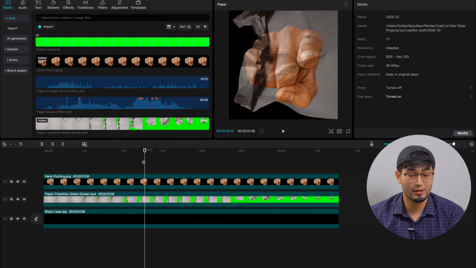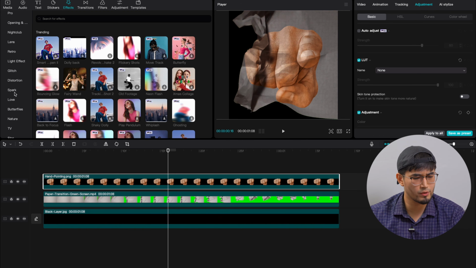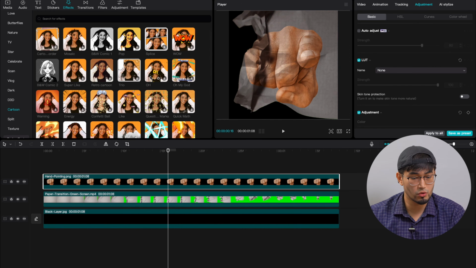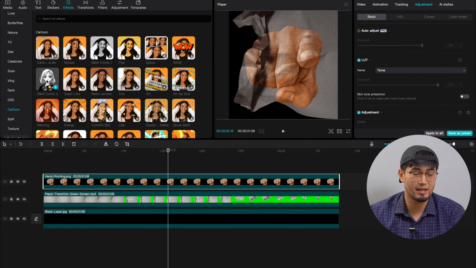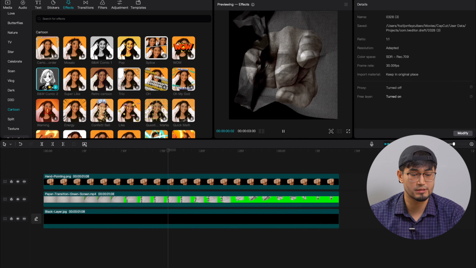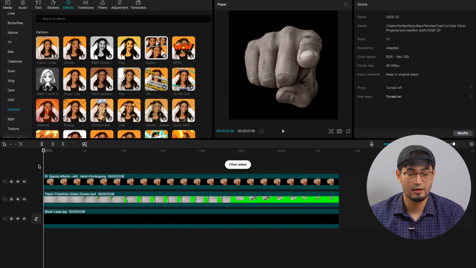And once you have done that, you're going to click on the hand, and then go to effects, go to video effects, scroll all the way down where it says cartoon, somewhere right here. And then from here, scroll down and look up B&W Comic 2, basically black and white Comic 2. Make sure this one is selected. You're going to drag and drop on top of the hand, and boom, just like that, we have this nice